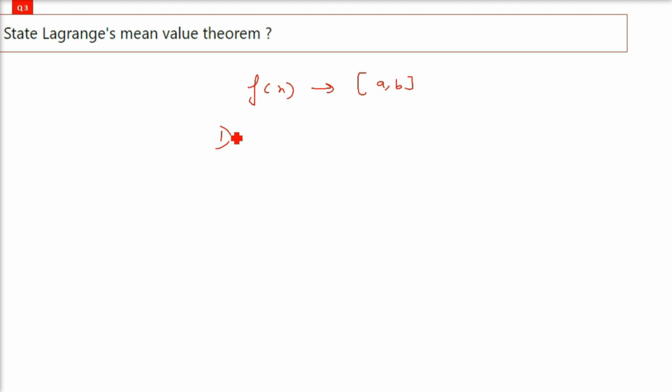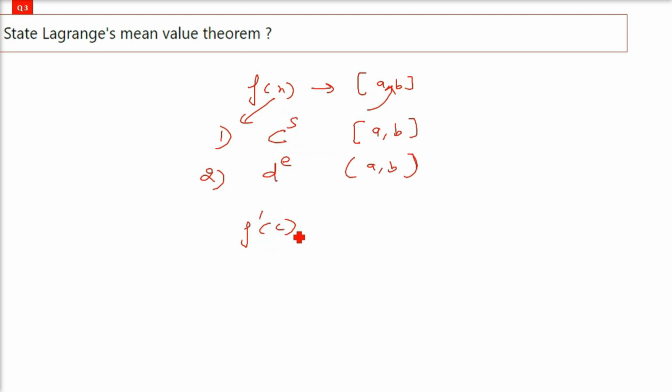This is the domain. So all the conditions are required in Lagrange's mean value theorem. First one is continuity, which is required in this interval a and b. The second thing is differentiability, that is the function needs to be continuous. There shouldn't be any breakages, and the graph of the function should not have any sharp, very pointed turn. So when you get this, then f dash c is